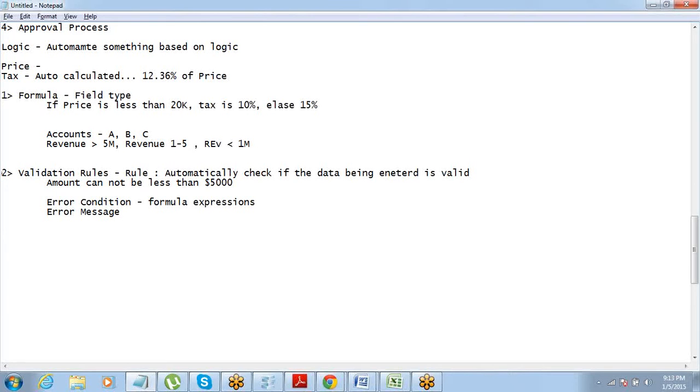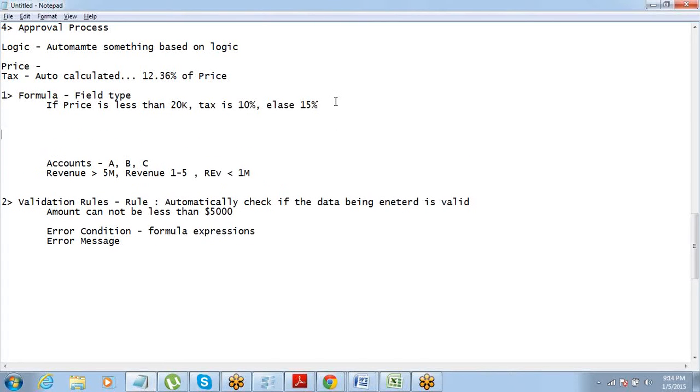Yeah, I have a question on formula. So you mentioned that if you have to calculate tax, which is 12.36% of the price. So usually a tax is segregated into three parts: 12%, then 1%, and 2% of that particular value. So how can we incorporate two further sub taxes in one formula? No, sorry, I could not understand. Tax is calculated in three parts. Why? So there is cess, then there is educational cess. Fine, good. For an example.